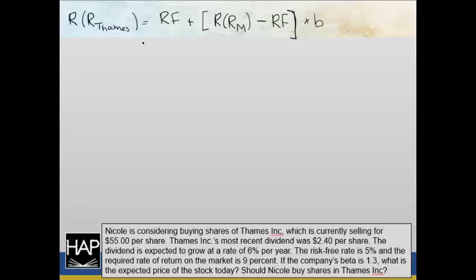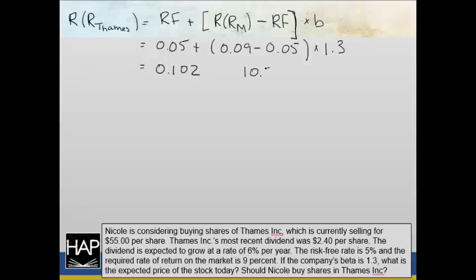times beta. If I substitute my values in, the risk-free rate is 5%. The required return on the market is 9% minus the 5% here times the beta of 1.3. If I do all that, I see that the required rate of return on Thames Inc. is 10%, 10.2% actually. And that is going to be used in the constant growth model equation to help me solve for the expected